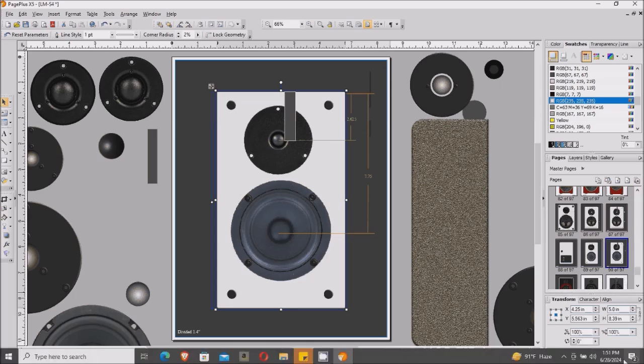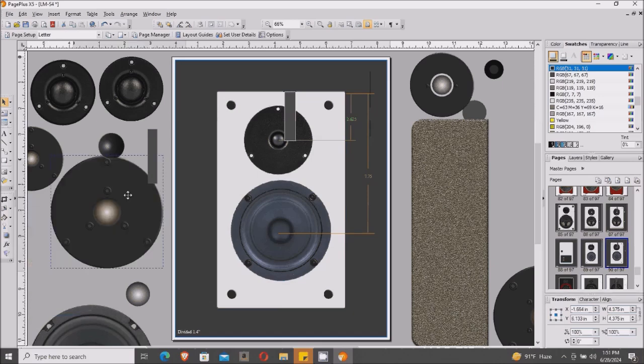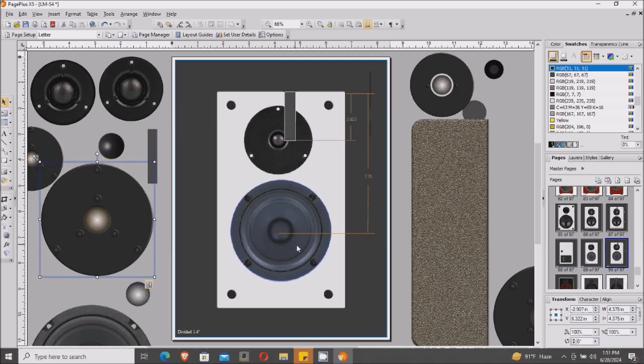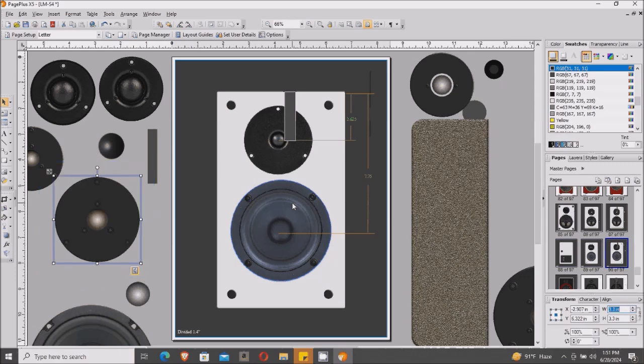So yeah, this is what I use. And also I wanted to mention one more thing, you see these drivers that I have right here. A lot of these drivers I use images, and other ones I actually draw out the drivers myself. I design them and I draw them out in this platform. And this is a tweeter that I was working on, and I could resize it if I want to. If it's too large and I want it to be scaled with this speaker, I just type in a few numbers like this and see, I just reduced the size,